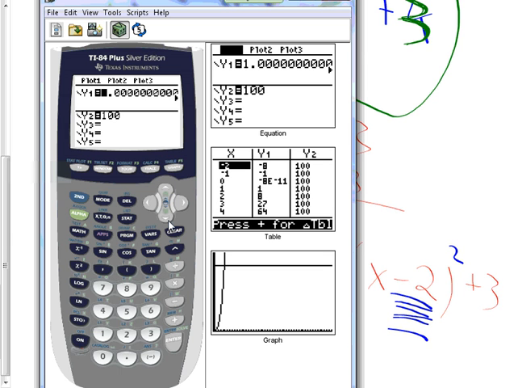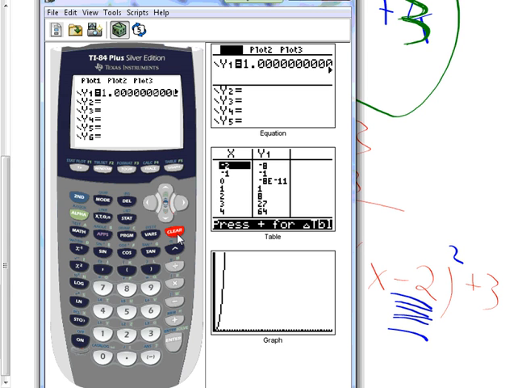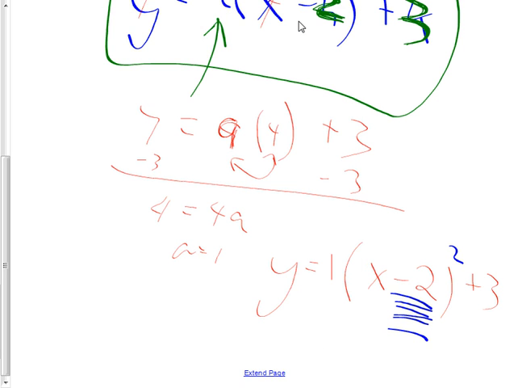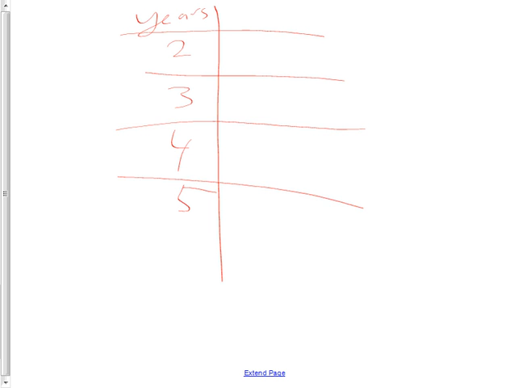Now, I put in an extra 100 here. I'm going to clear that out just because I want to explain why. So you'd be done right now with the equation part. But what you haven't done yet is answer a question about it. So the question might be something like this. Let's say that that data, 2, 3, 4, 5, that was years. And let's say that those other numbers were how many people they were catching breaking into their, I don't know, nuclear facility or whatever. I hate to have it be growing that much, but